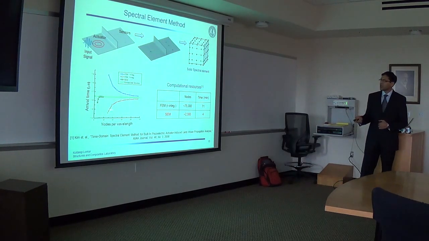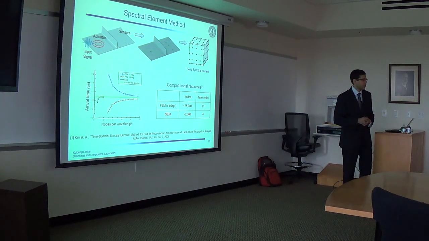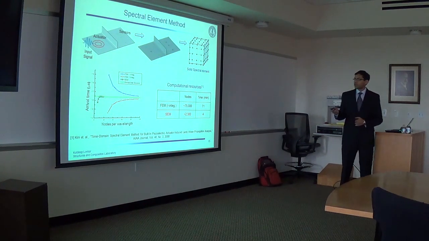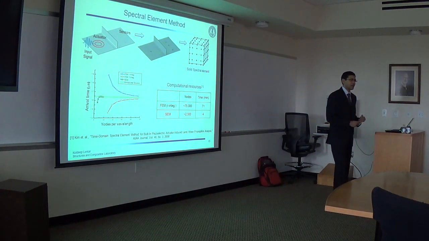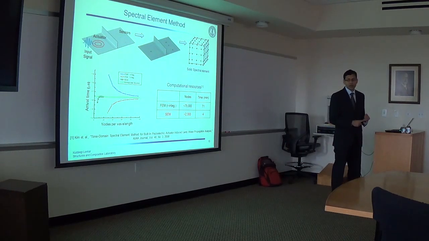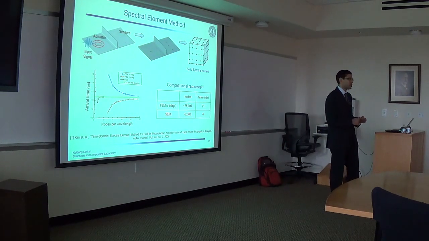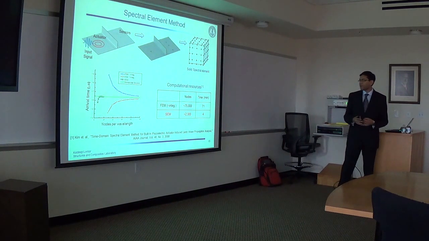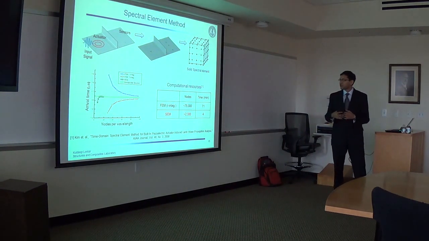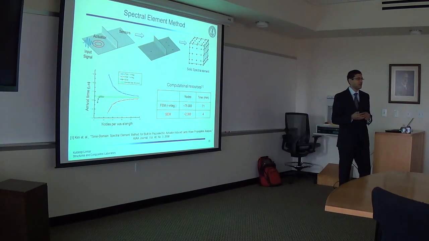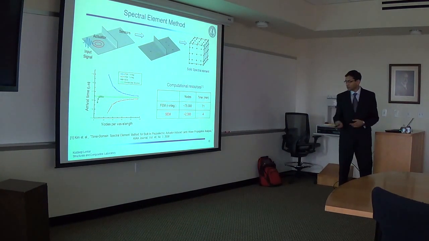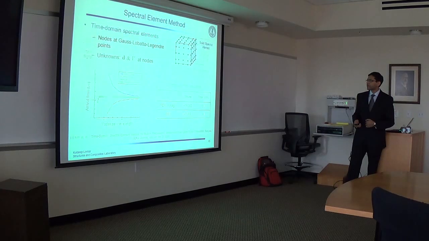Now as you can see, with SEM, we only need 8 to 10 nodes per wavelength for numerical convergence, whereas with FEM, we need a lot of nodes. So with SEM, we have a higher convergence rate, which means more accuracy, and we can use a coarser mesh, which means more speed. Because of that, SEM uses far less computational resources when compared to the finite element method, as shown in this table.